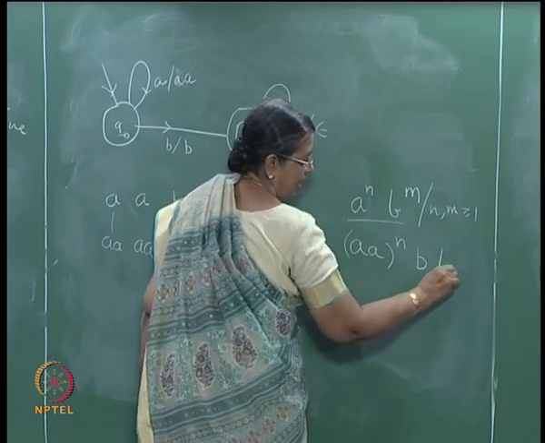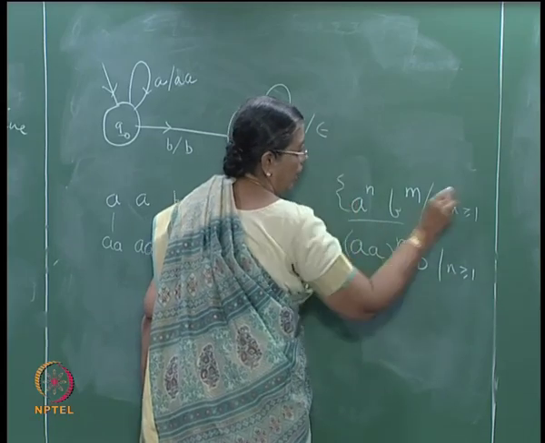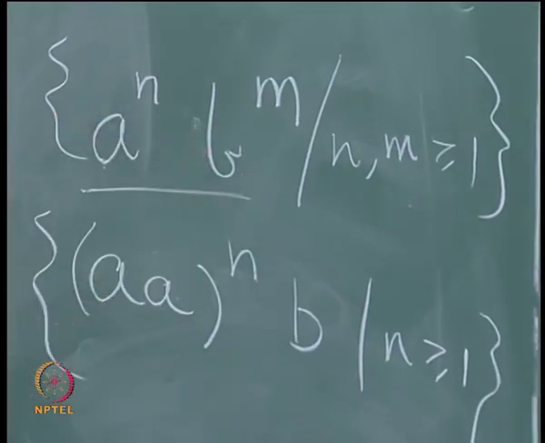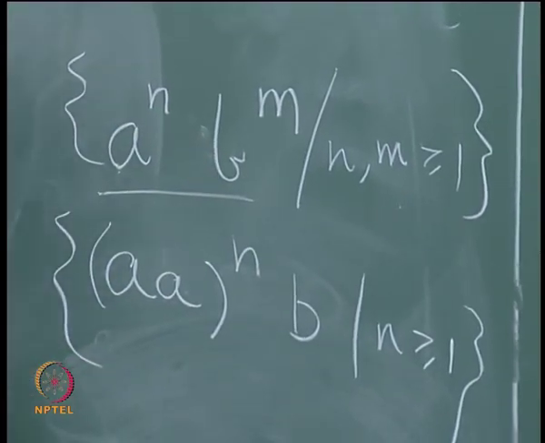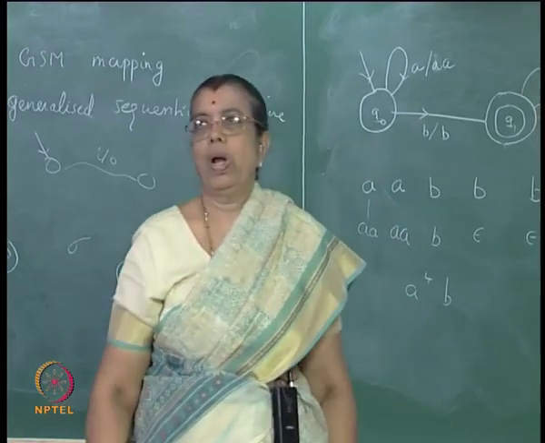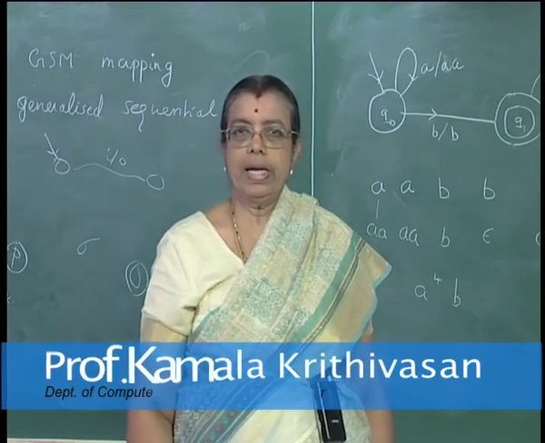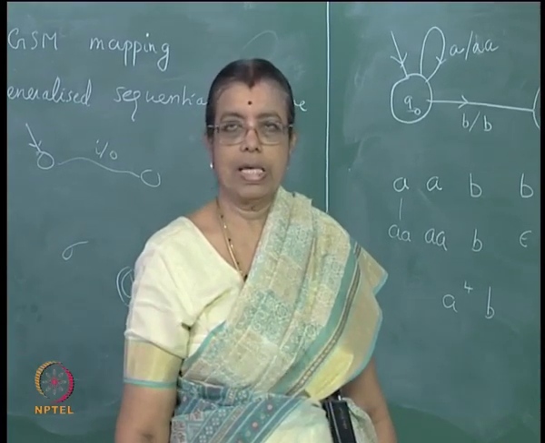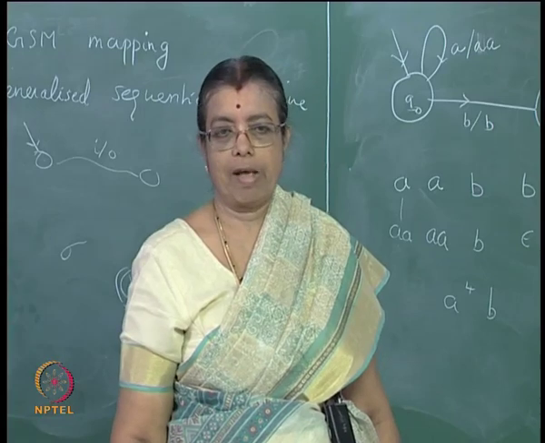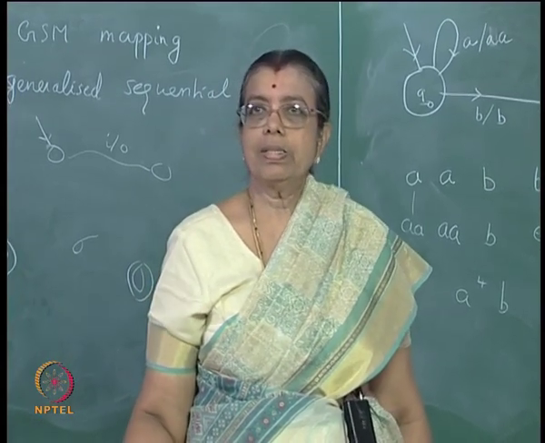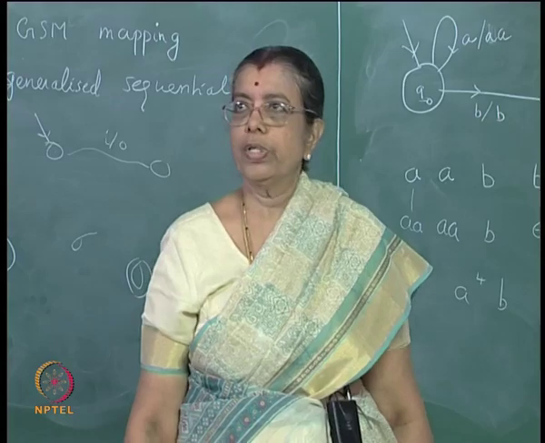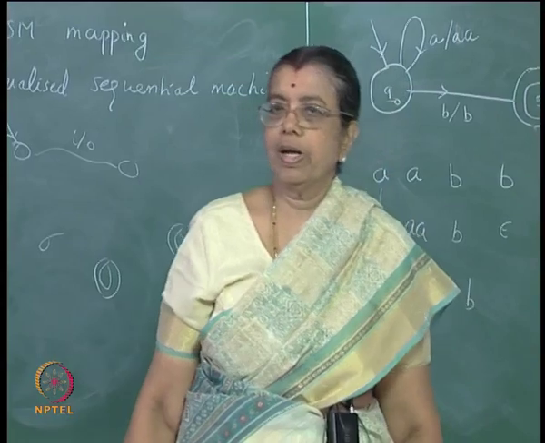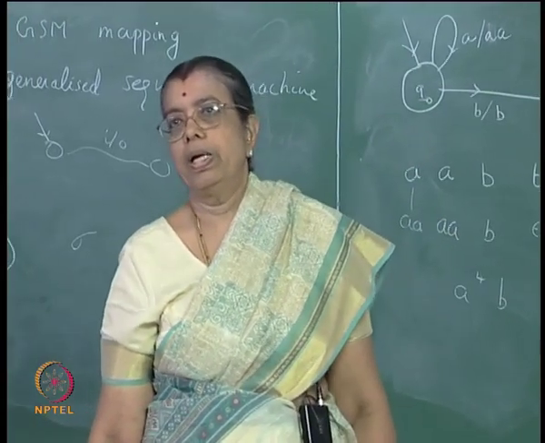So, n greater than or equal to 1. If the input is this language, the output, it transforms this language into this language. A generalized sequential machine transforms one language into another, and mainly we see that if given a regular set, it will transform it into a regular set, given a context free language, it will transform that into a context free language, and so on. These gain importance in the case of Gröbner properties, and also weighted finite state automata, which are useful for representing digital pictures.